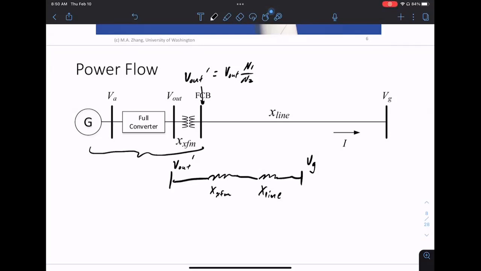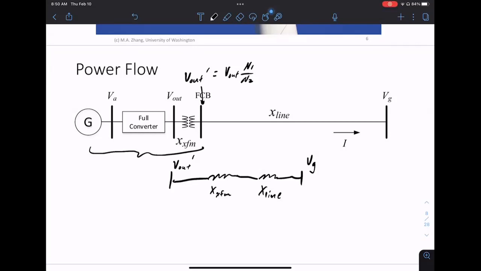Right, yeah, so the transformer also gives you isolation between the two sides. So it's a good thing to have a transformer in between those two. That's why VL has a prime. It's a transformed quantity, although a lot of times we won't exactly care about the transformer ratio, just go with